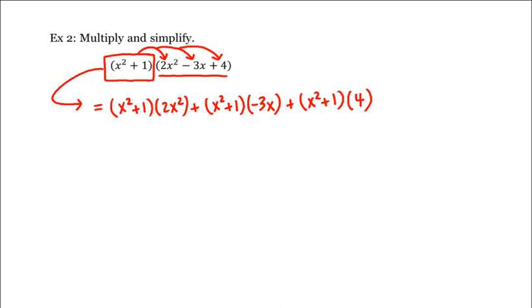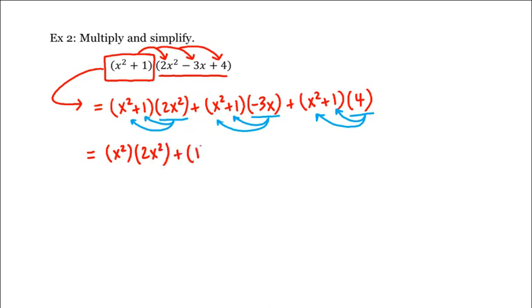And now we're going to use the distributive property again and distribute this 2x squared to each of these two terms, the negative 3x to each of these two terms, as well as the 4 to each of these two terms, which gives us x squared times 2x squared